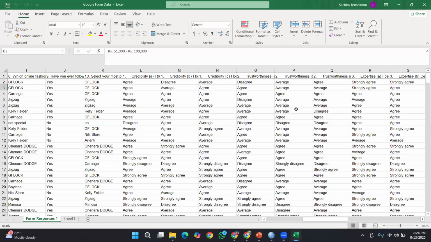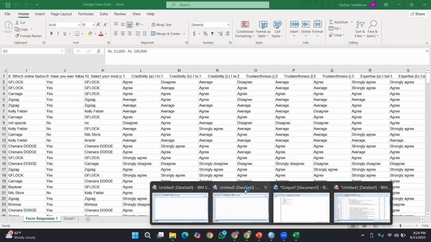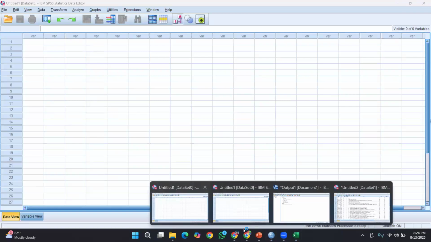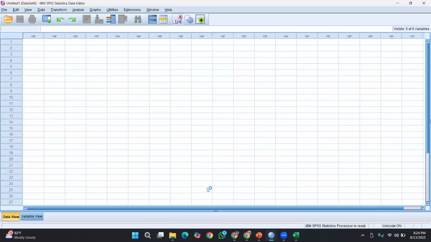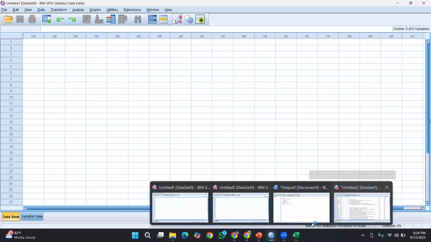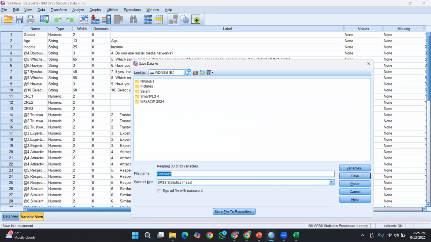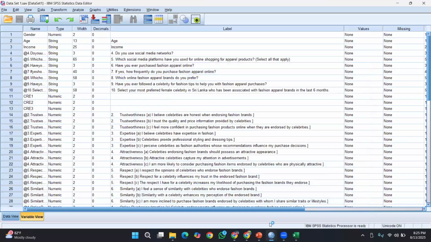Right, so now this is before saving and I'm going to upload it to another SPSS data file. Before that I'm going to save this one. Let me save it. Right.